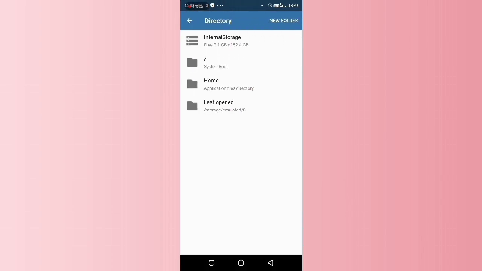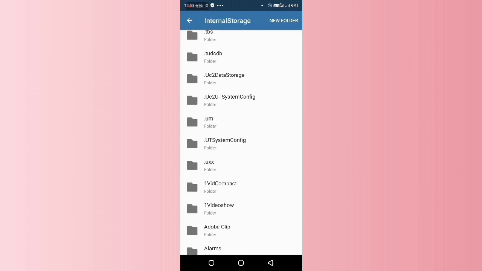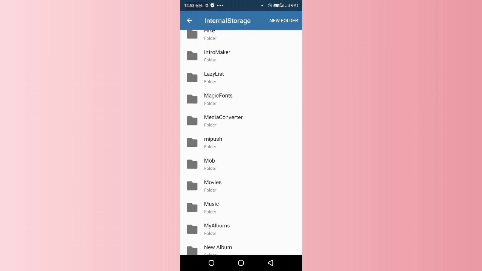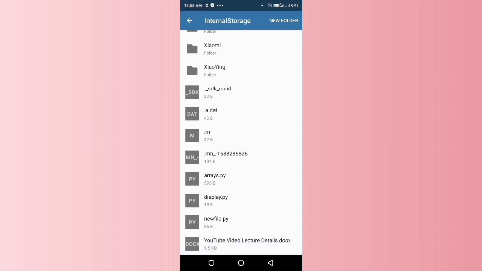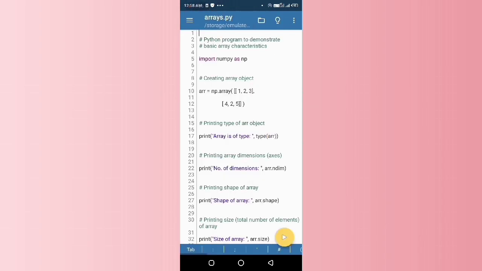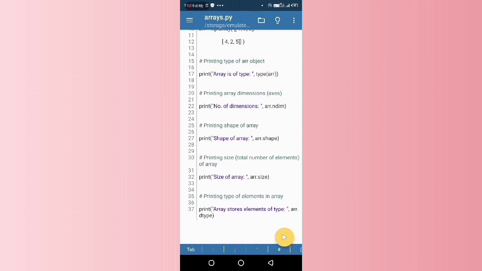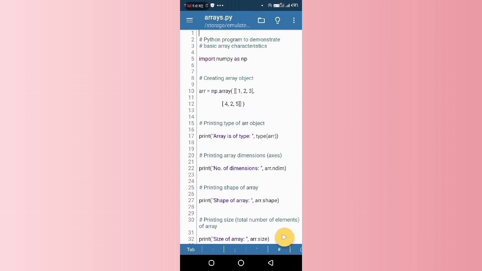We'll see here in internal storage, and yes, look here, friends. There is a program called arrays.py. This is the program I have used for NumPy. This is a small program using the NumPy library, friends.